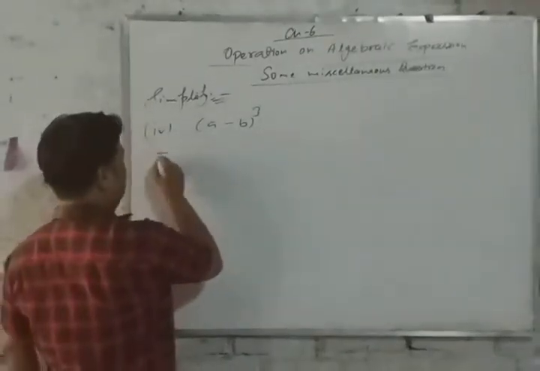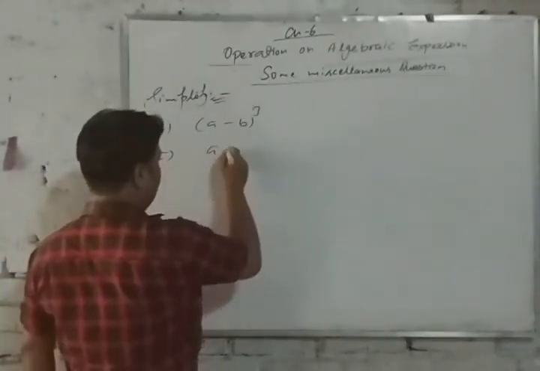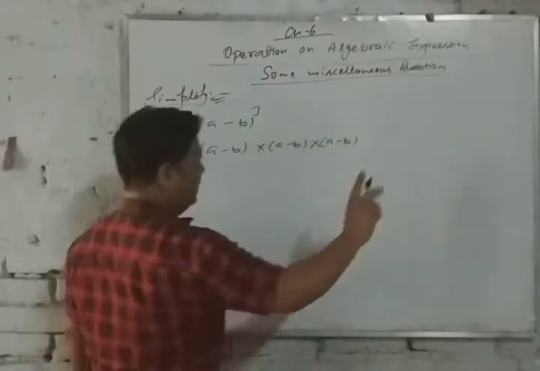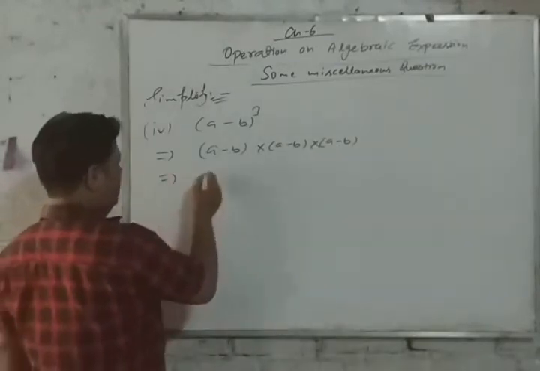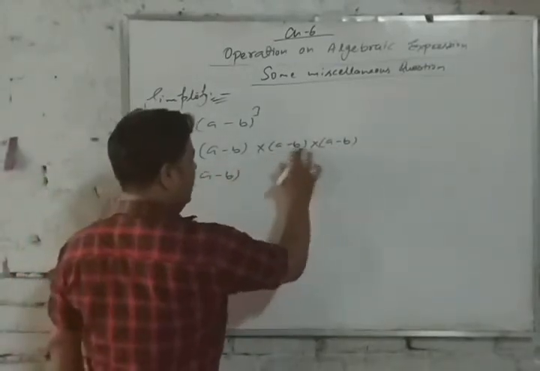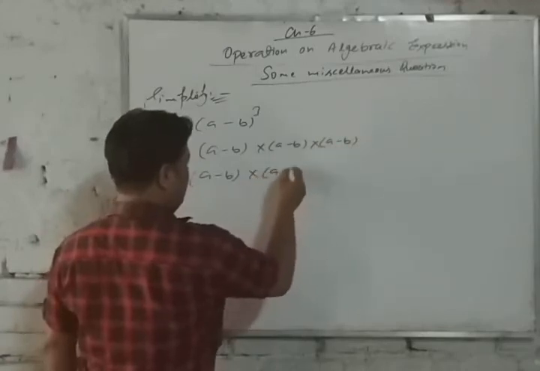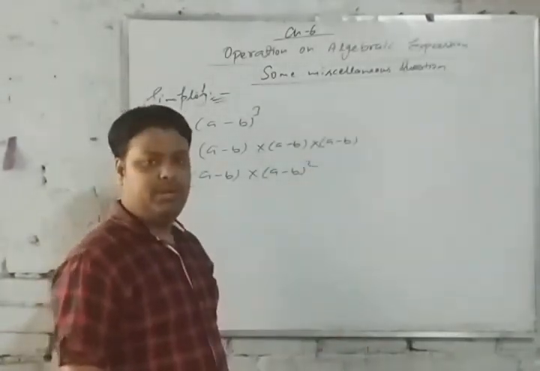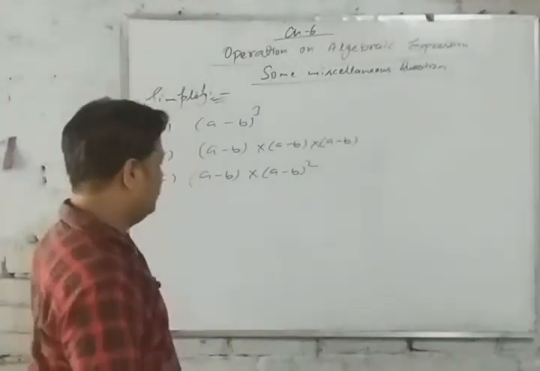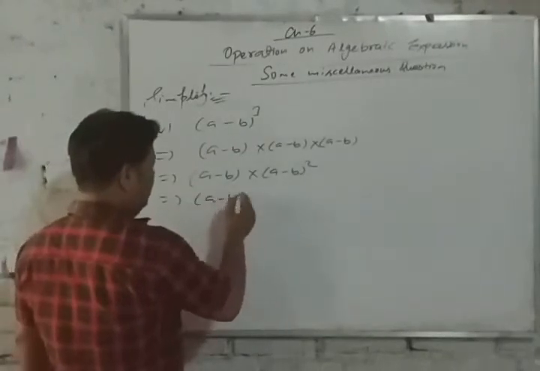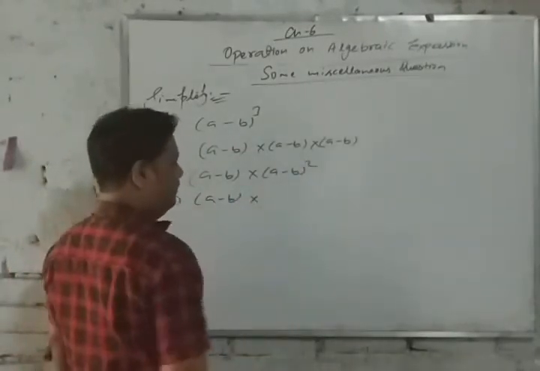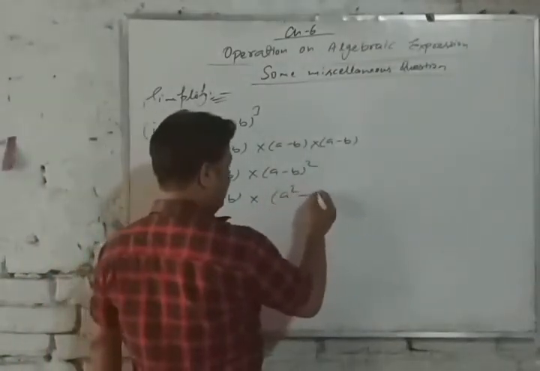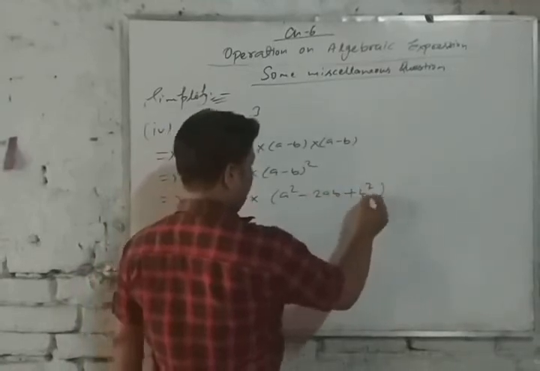Okay. At first see, here (a minus b) cube. It means (a minus b) into (a minus b) into (a minus b), 3 times. Okay. Now leave one term, a minus b, and here a minus b, a minus b. It means (a minus b) to the power 2. Now we know the formula of (a minus b) to the power 2. So leave one (a minus b) right now and (a minus b) whole square. We will use the identity. What is the formula of (a minus b) to the power 2? a square minus 2ab plus b square.